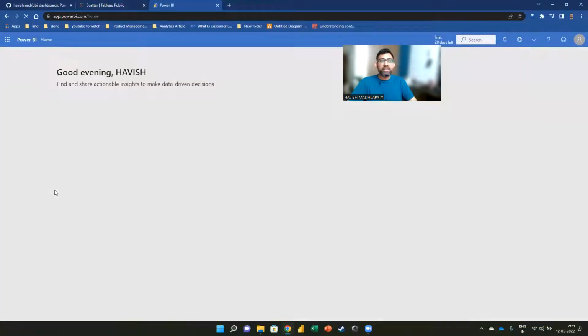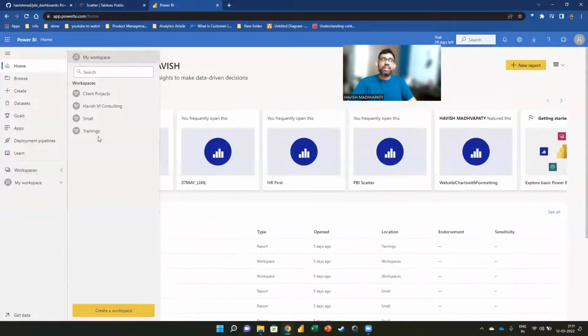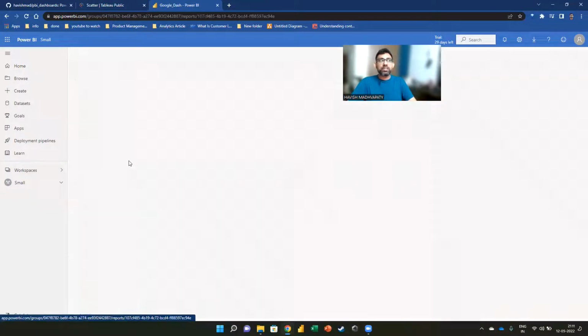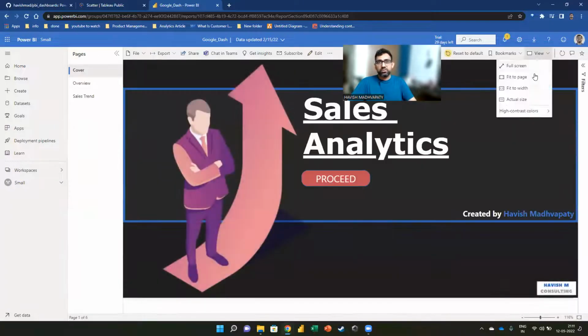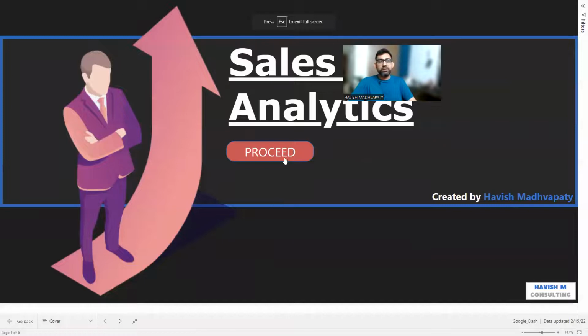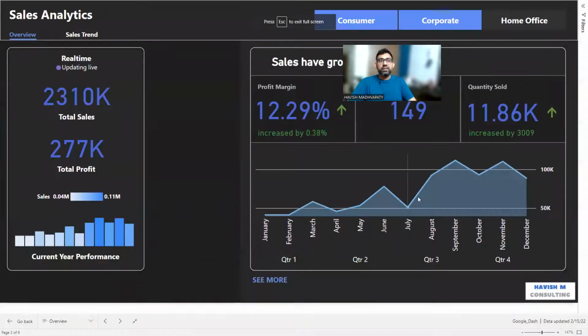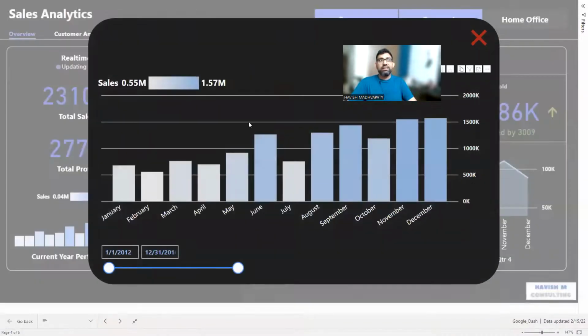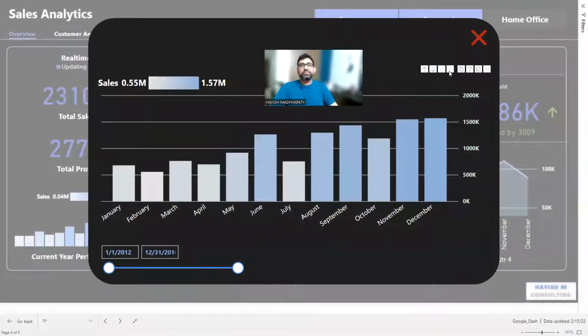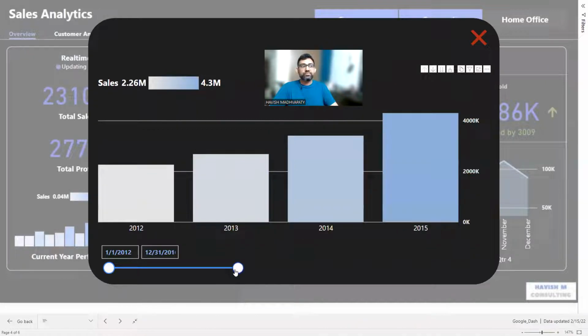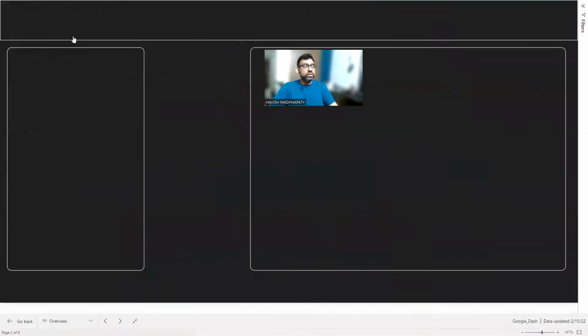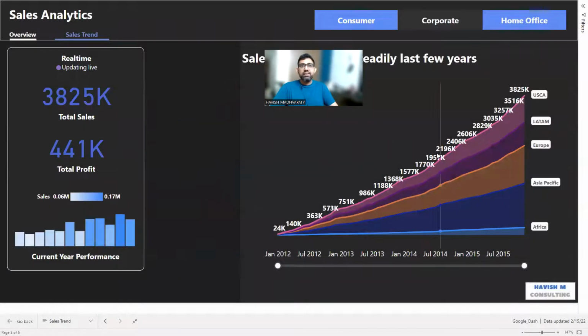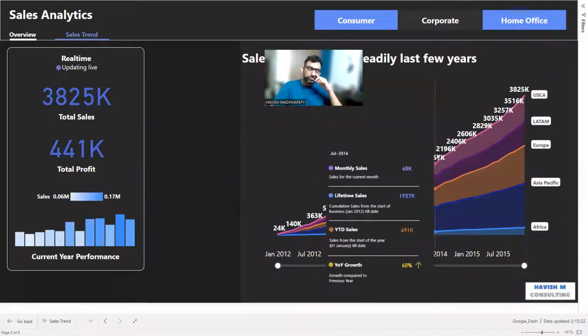If you notice, I've created these dynamic dashboards. So whenever I have a meeting, I will just open one of these and I'll show it live. I have everything ready with me. Check this out. Do you see this? It's a live dashboard, right? And it's a very detailed dashboard. Look at this. If I want to go to the customer analytics sales trend, I can see the sales trend as well.